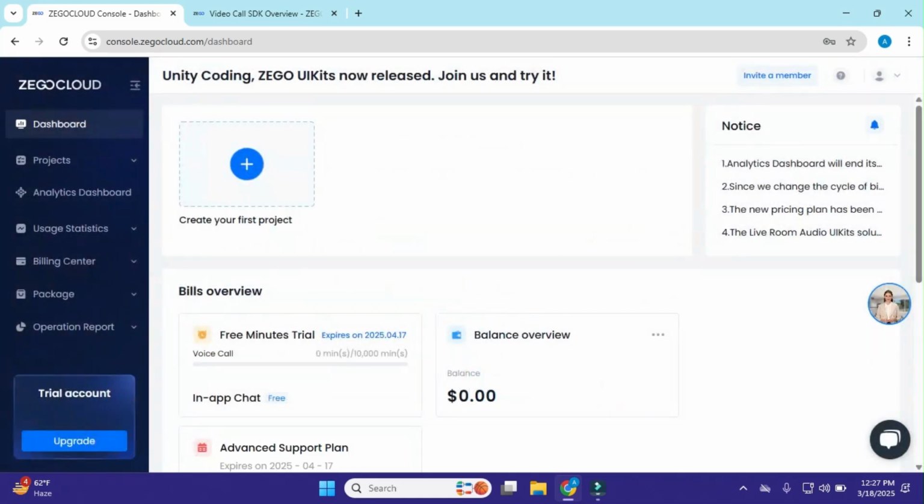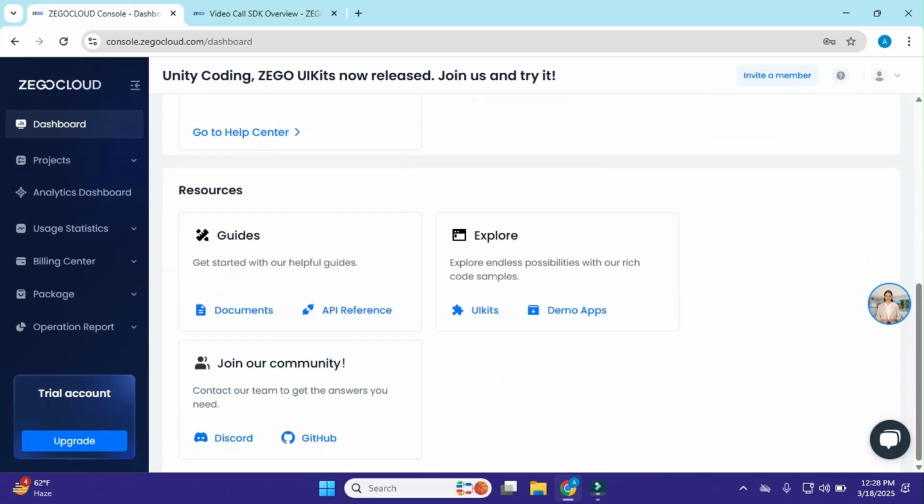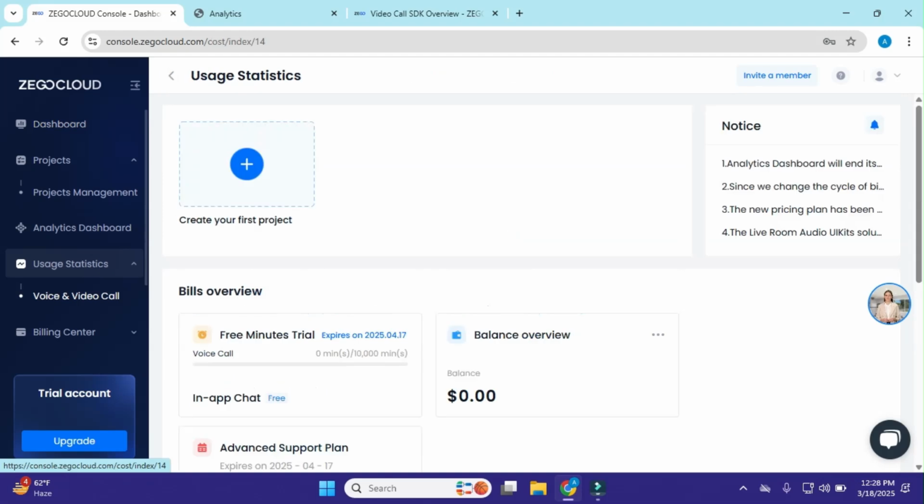And here you can see we have just started working with it, but before starting work you can go to resources and explore the documents, API references, UI kits and demo apps. Okay, also we have a project session, analytics dashboard. Okay, and also usage statistics.